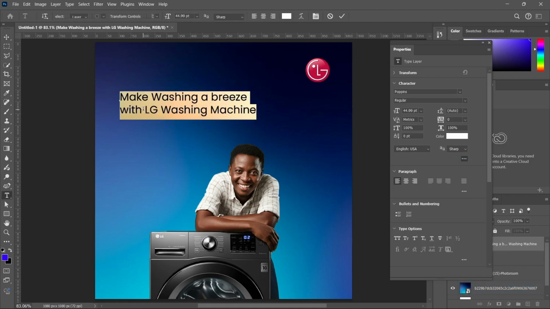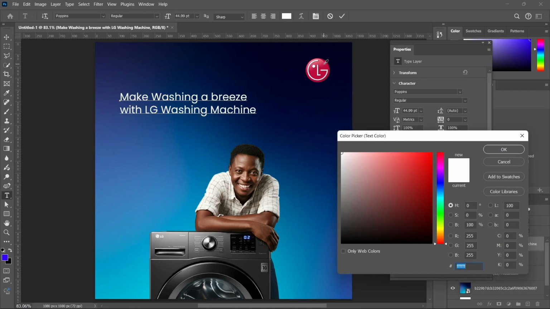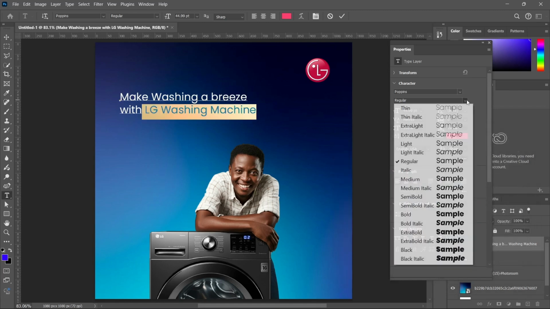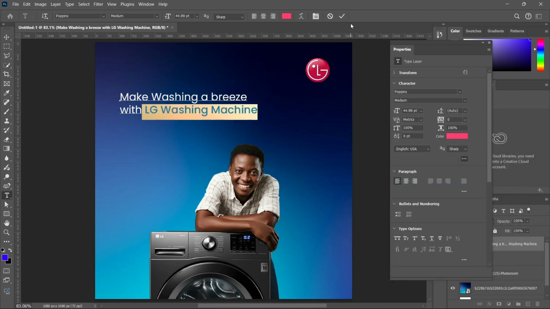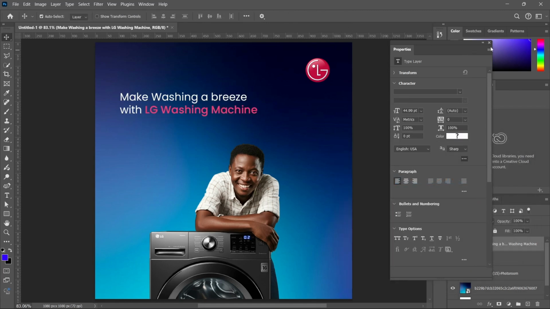And then the LG washing machine, let's add emphasis to it. So we'll change the color. Click on this color. Click on the logo. So it gets the same color of pink or red. You can make it a bit lighter, and then we can change it from regular to medium. Okay,